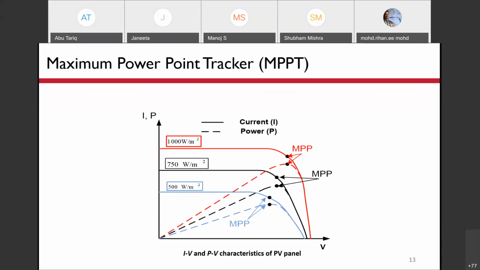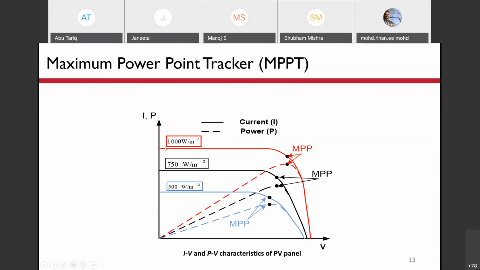The IV curve of the PV array is shown here. Usually the other power supplies are either a constant voltage source or a constant current source. But the supply coming from the PV system is neither a constant voltage supply nor a constant current supply. You can see from this diagram that in one range, it behaves as a voltage source, and in some range, it is behaving as a constant current source.